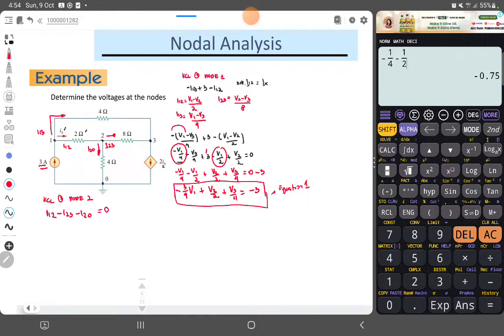So my I12 is V1 minus V2 all over 2. My I23 is V2 minus V3 all over 8. And my I20 can be written as V2 all over 4 minus